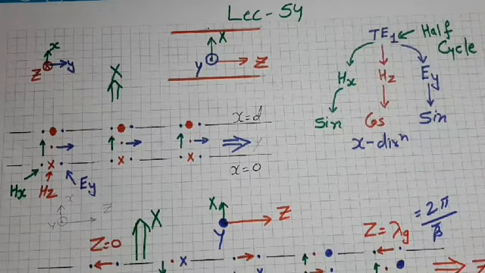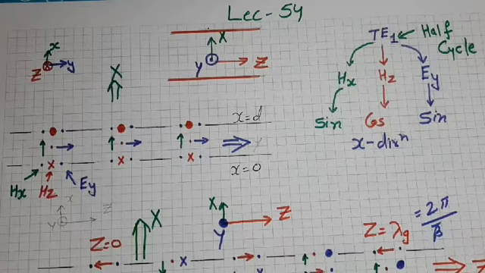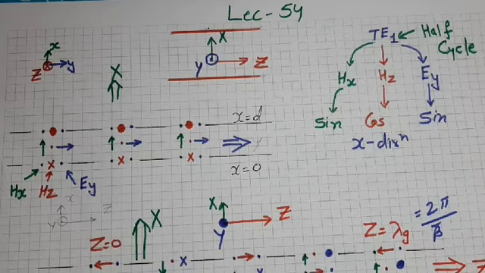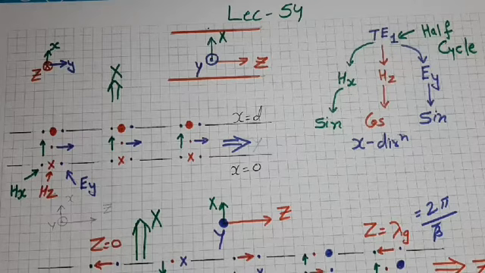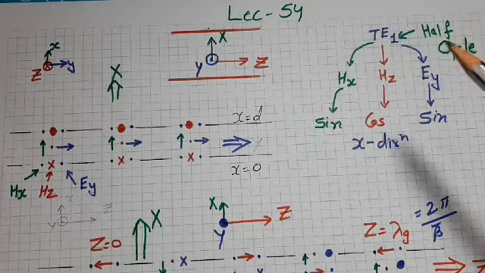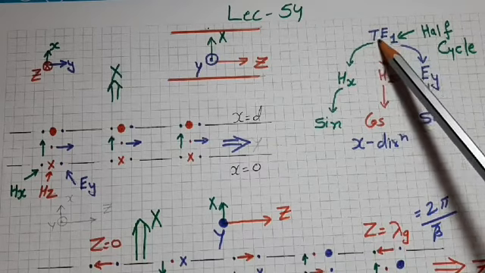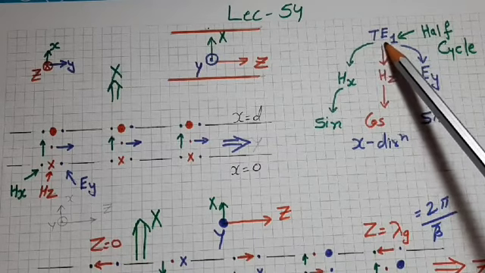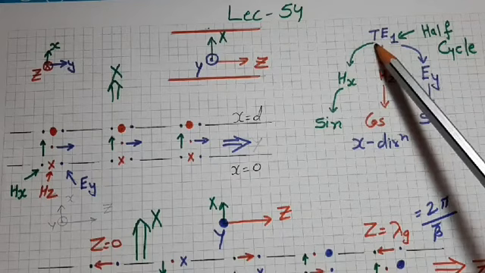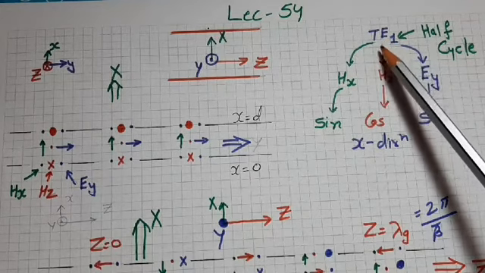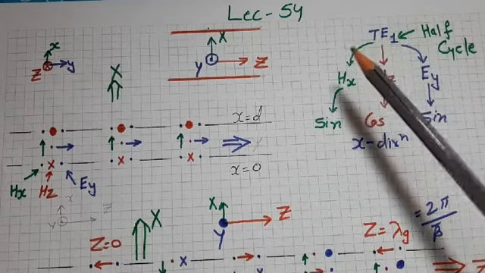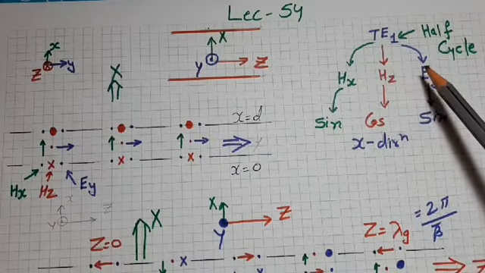In the previous lecture, we learned how to plot field distribution for transverse magnetic mode for parallel plane waveguide. We plotted field distribution for different values of m. Now in this lecture, we will learn how to plot field distribution for TE mode for parallel plane waveguide. To plot field distribution, first of all, we have to recall the field expressions which are present for TE mode.